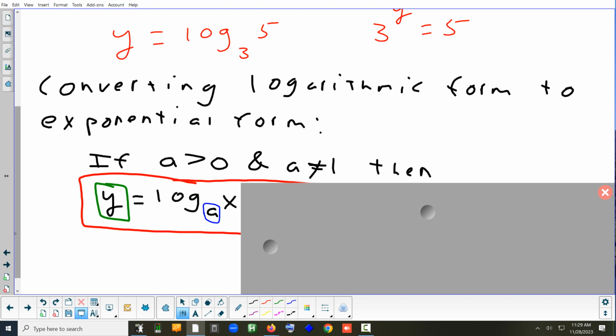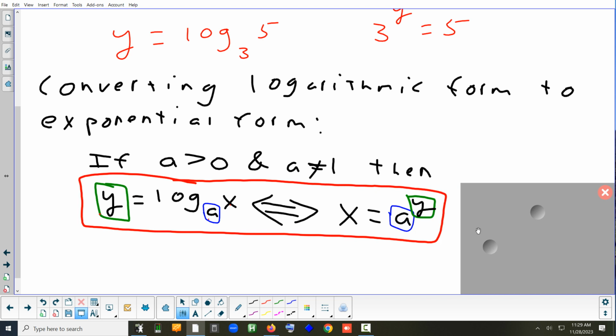Okay, so this on the left, this is log form. Just identify our parts. A is written lower, and what do we call the thing that was lower? The base. X is what you're taking the log of. And does anyone remember what I called that? The argument. And logarithms always equal what kind of number? When you type in log and hit enter, the answer you get represents an exponent. That's your exponent. That's your base. That's your argument. So when we rewrite it,